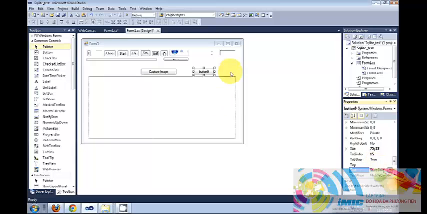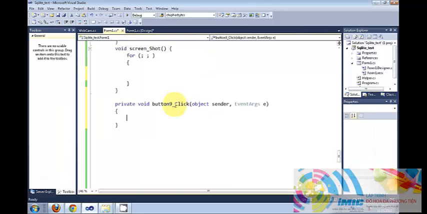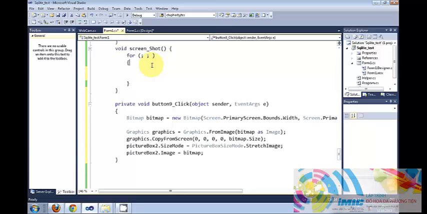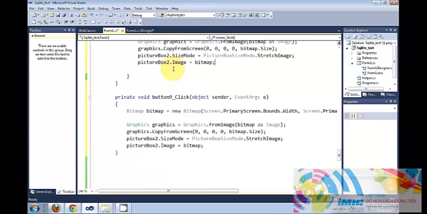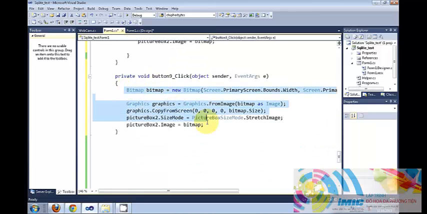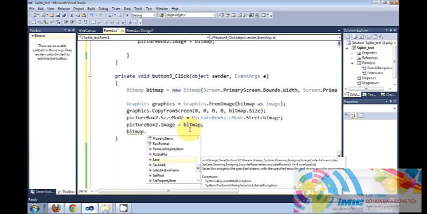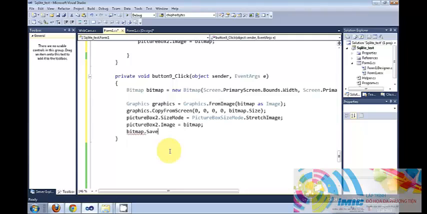In here I double click it and paste my code once again. So in this button click event, the same code will take a picture and show it in the picture box, and you just need to copy this bitmap variable, and below your code write bitmap.save, and in the brackets pass the path of your